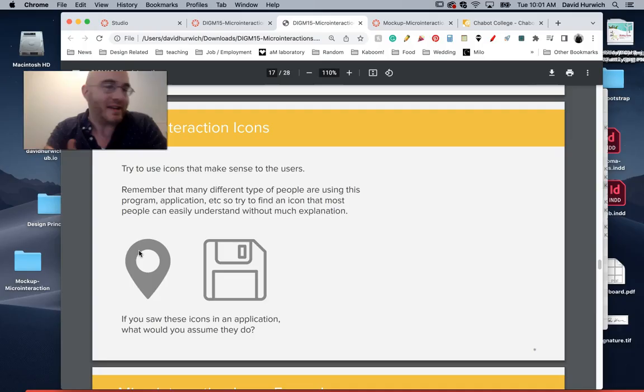So if I see this in an app, let's say it's a dating app, I would probably assume that this is where the person lives, or maybe it's a geolocation for a product. Oh, maybe this is where they sell the product, whatever. If people see something like this,